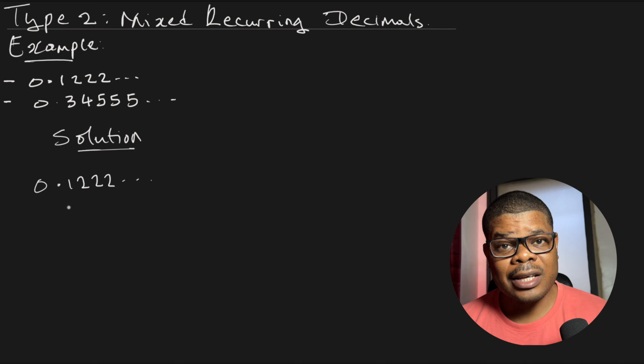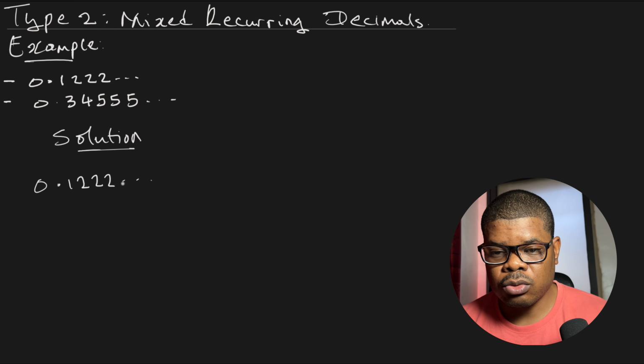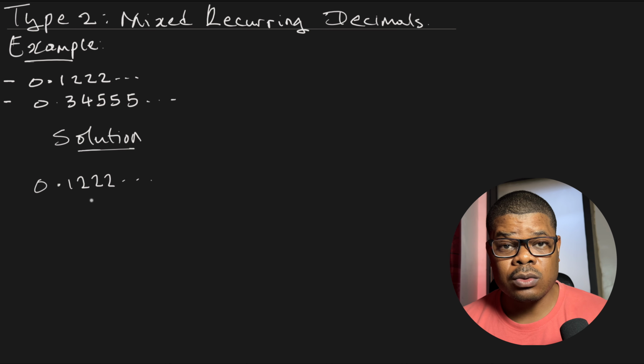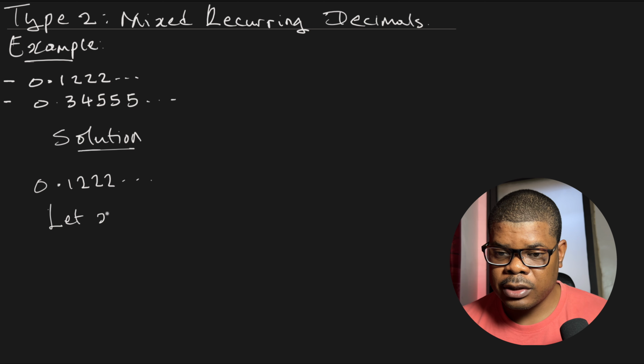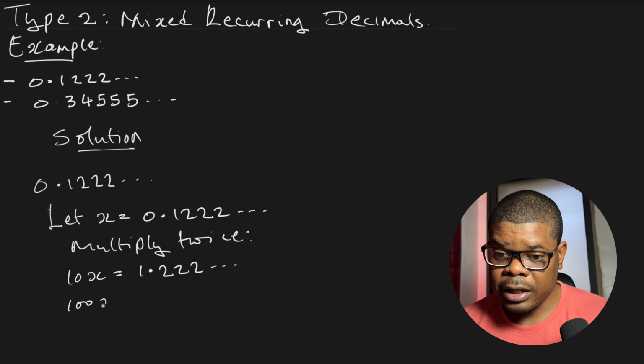All right, so in this case, because we have 2 digits and then it begins to repeat, that means we have to multiply 2 times. So multiplying twice, first of all, we have to let x be equal to 0.1222 dot dot dot. So we multiply twice. And when we multiply twice, we have 10x equal to 1.222 dot dot dot. And then we have 100x, which is